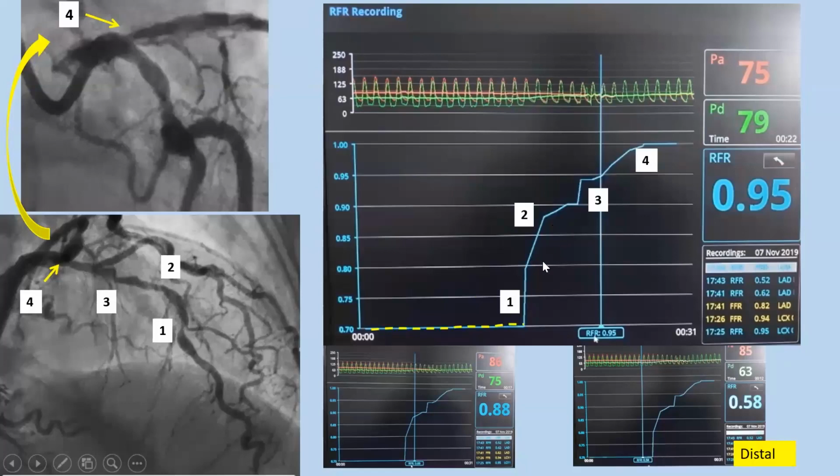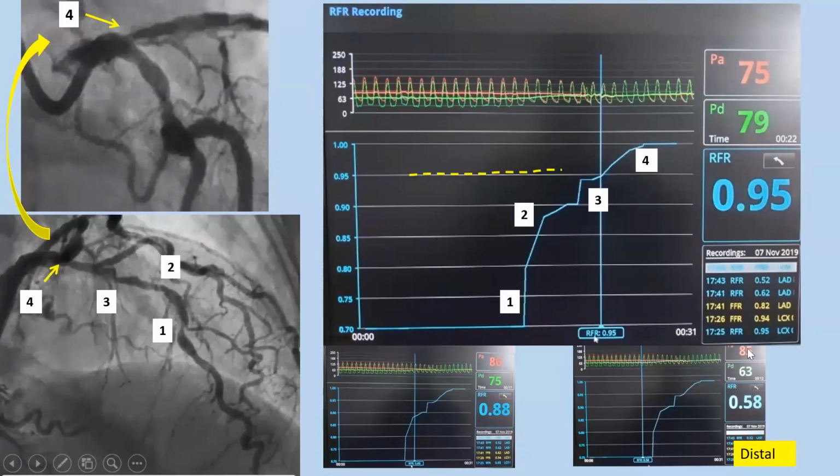So what we need to do is take the pressure from the present RFR of 0.62 as a baseline, to the next level, up to the lesion where we can achieve an RFR of 0.95, which means the first lesion, lesion number 4, need not be treated. So if we address the distal, the mid, and the proximal lesions, that is lesion number 1, 2, and 3, we can achieve an RFR of 0.95, which is more than enough, and avoid treating the ostial LAD lesion